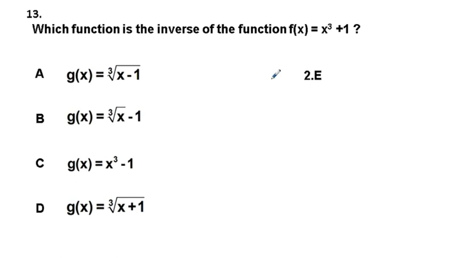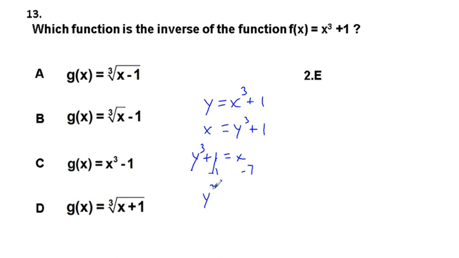Well, the four-step process. Step number 1, we're going to let f of x be changed to y, so we get y equals x cubed plus 1. Next thing we're going to do is switch x and y. So instead we rewrite this as x equals y cubed plus 1. And then I'm going to switch sides, y cubed plus 1 equals x. Subtract 1 from both sides of this equation. So you get y cubed equals